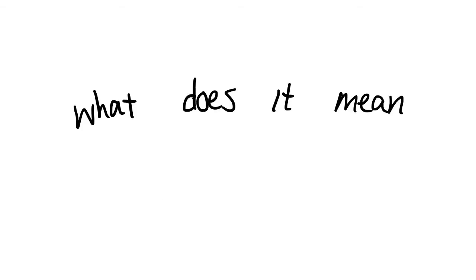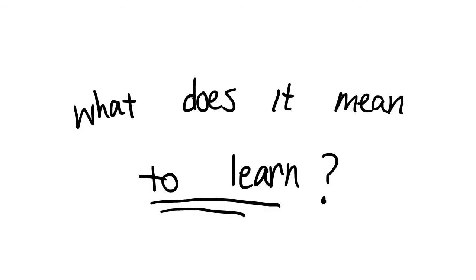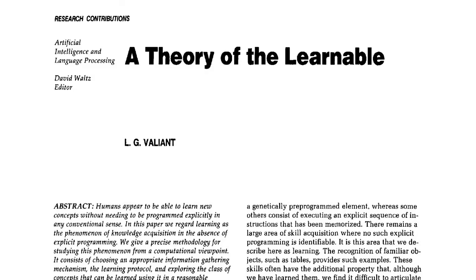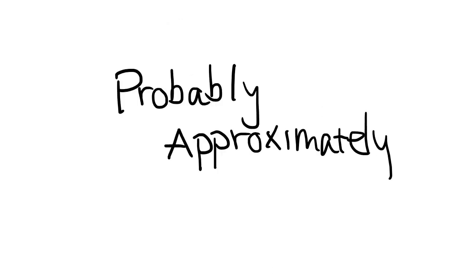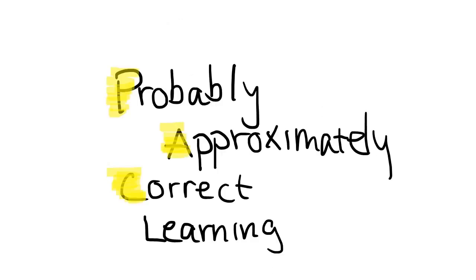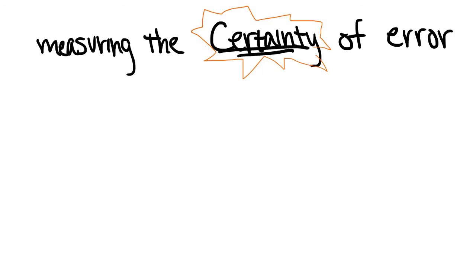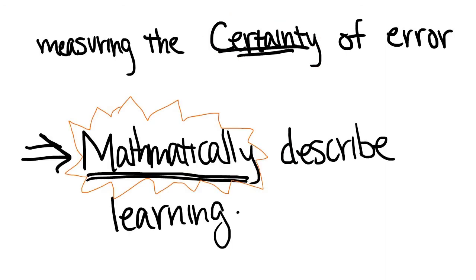What does it mean to learn? One definition comes from The Theory of Learnable, a paper written by Leslie Valiant in 1984. Here, Valiant describes PAC learning, or probably approximately correct learning. He argues that by measuring the certainty of error, scientists can mathematically describe what it means for a machine to